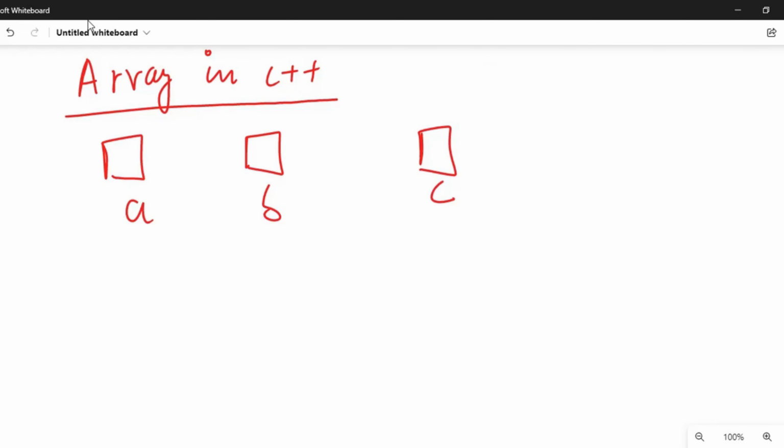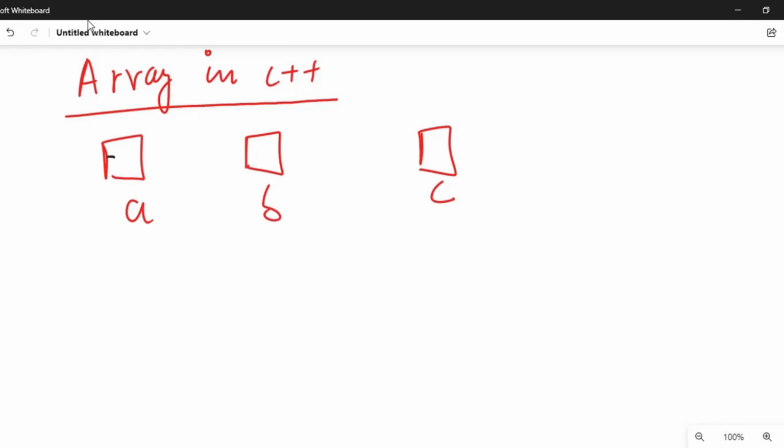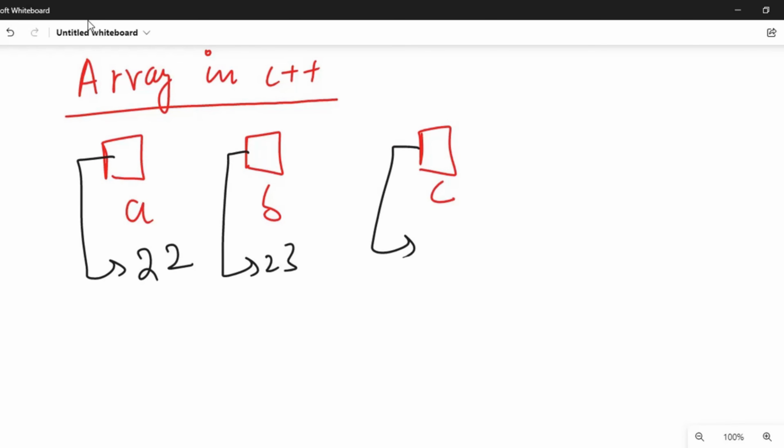So for example, if the address of a is 22, and the address of b would be 26, and somewhere the address of c would be 30. So we can see here 22, 26 and 30, they all are at different locations.